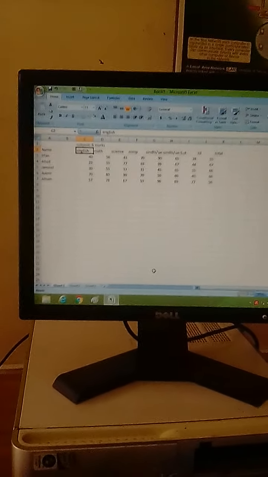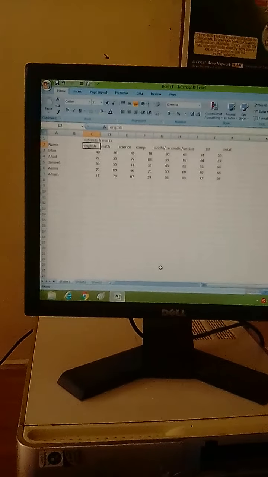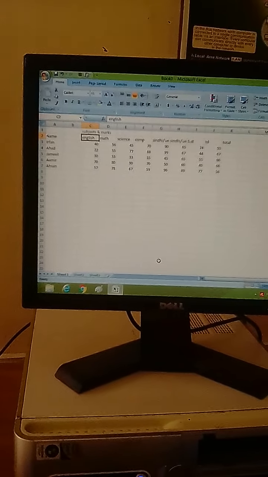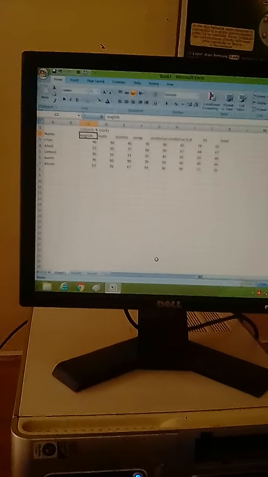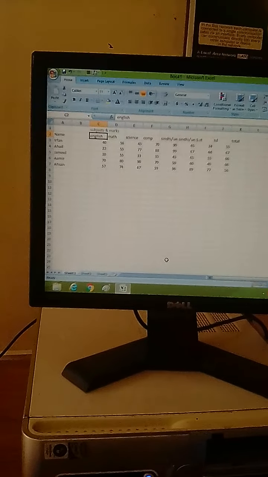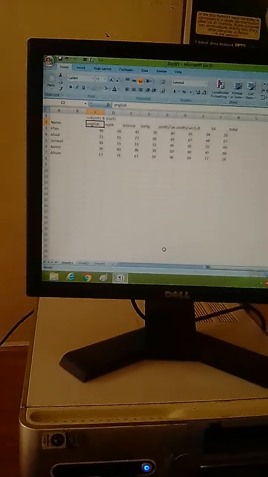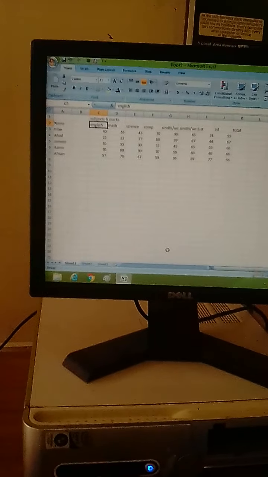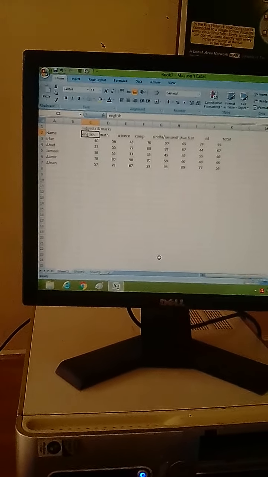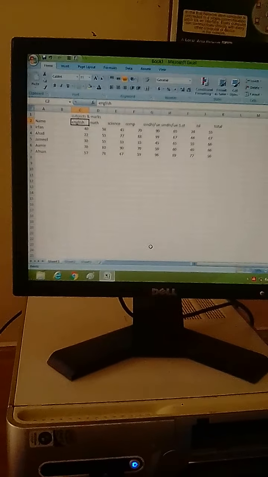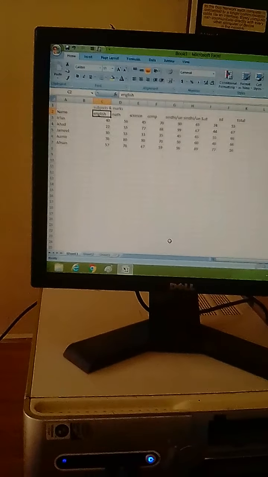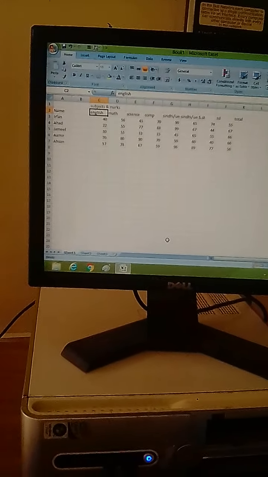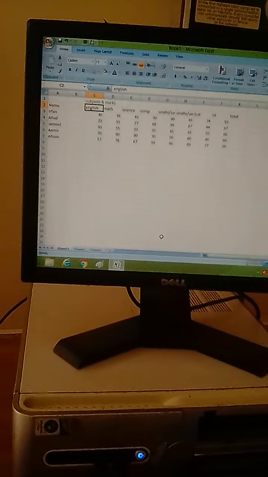Dear students, today we are going to learn making a mark sheet in Microsoft Excel. So dear students, we will open Microsoft Excel and we will write down subjects and marks in row number 1, and in row 2 we will write down the name and subjects of classes, and in row number 3 we will write down the names of students and the numbers that they have